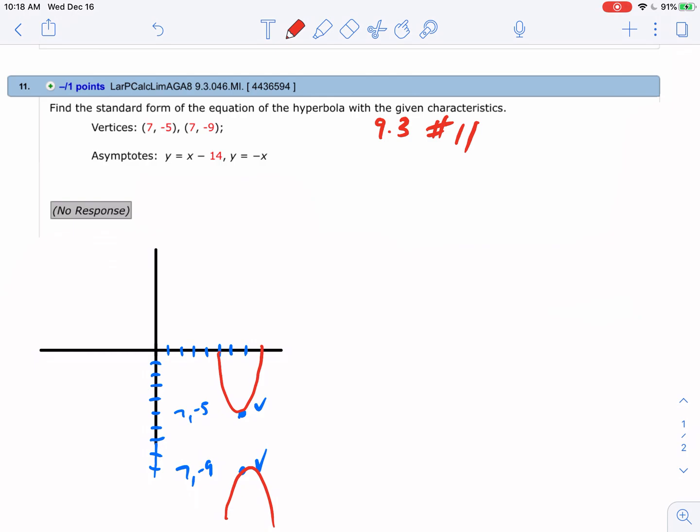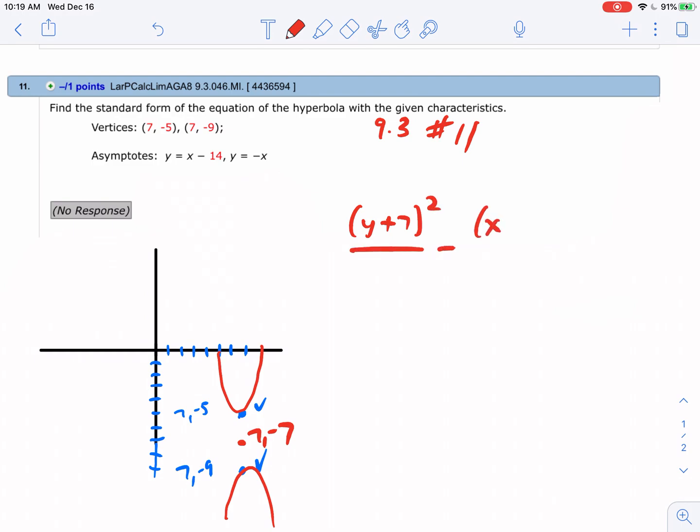And so then I can find the center, which would be halfway between -9 and -5. And so I know that it's going to be at (7, -7) for the center. Now, because they're up and down, I'm going to put my y value first. With a hyperbola, if the curves go up and down, y is positive, x is negative. So I do y minus the y value of the center, which is -7. So I'm going to have y plus 7